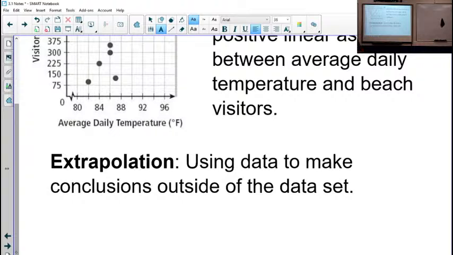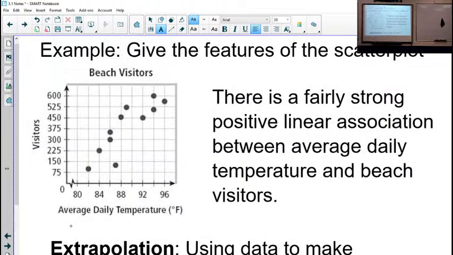And so what we're looking at is how good of a predictor the temperature will be for the amount of visitors to the beach. We're saying as temperature tends to increase, so does the amount of beach visitors. But we can only make conclusions if we're staying inside the range of temperatures that we actually got data about. Once we're outside of the range of what we collected data about, then we should be very cautious about making any kind of conclusion. For example, in this situation,